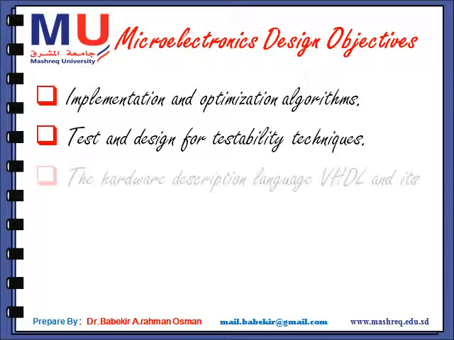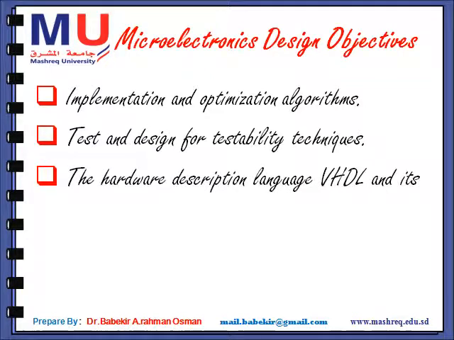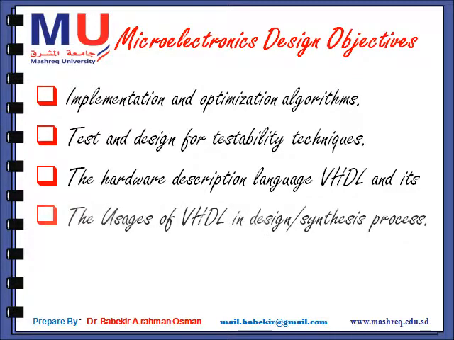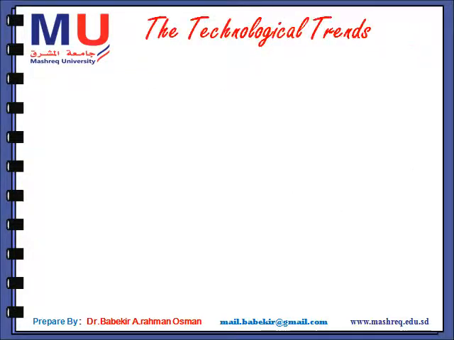Another design objective is the hardware description language (HDL), which uses language for abstraction to support design steps and uses software criteria to support hardware design. Another objective is the usage of VHDL in the design process to support good design features and automation of the micro. Now let us consider